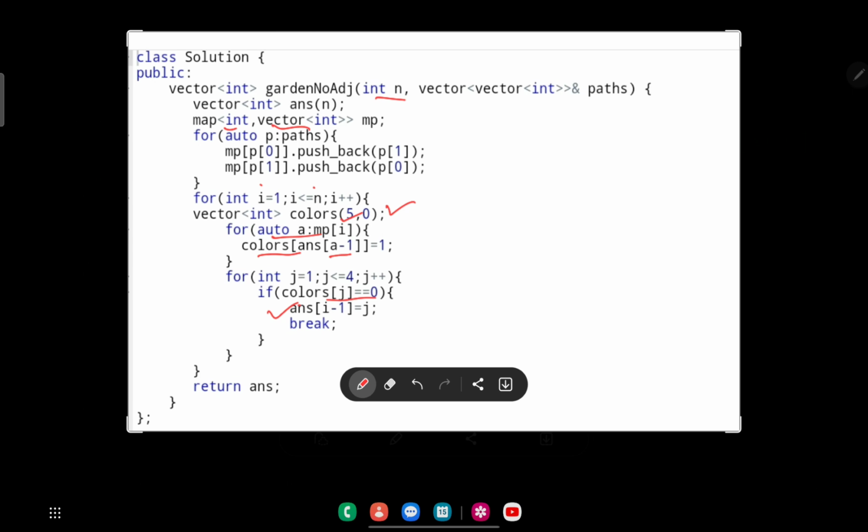For each of the nodes we traverse and check, and for each node we mark the colors used by its neighbors as 1,